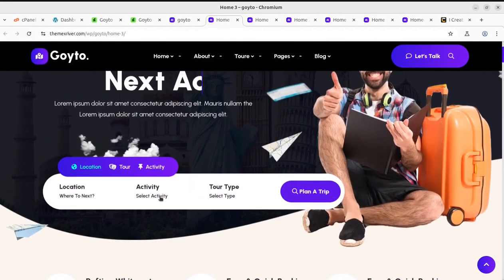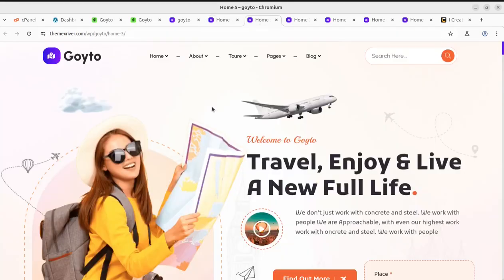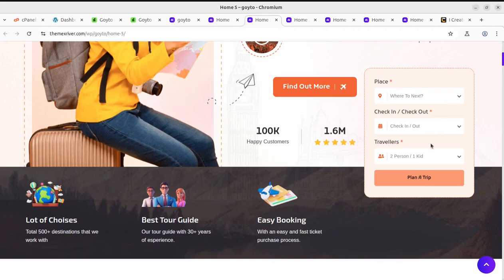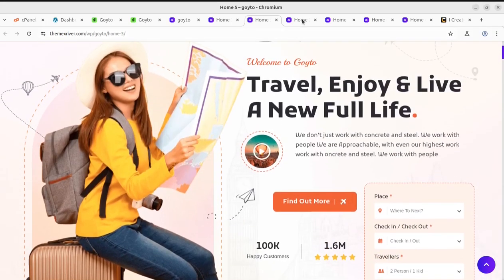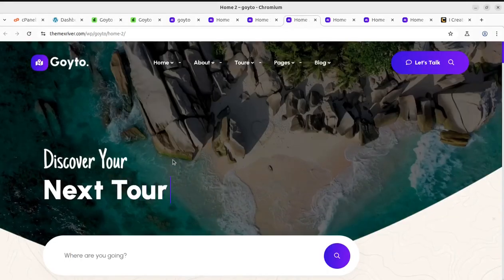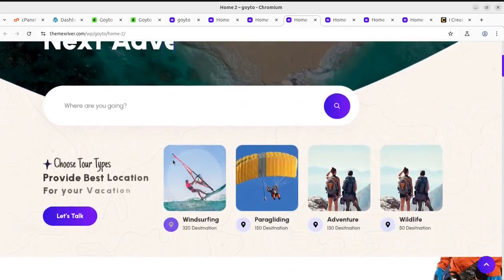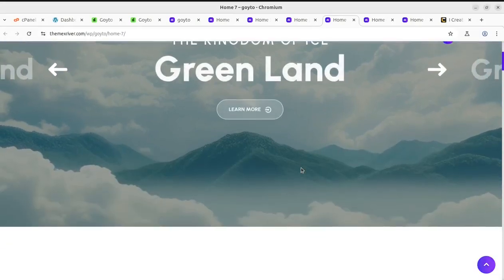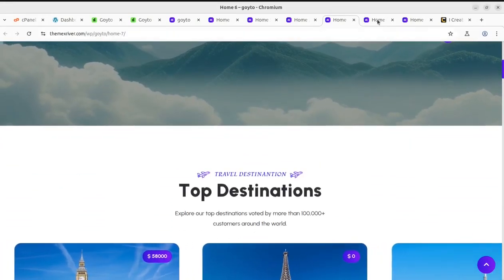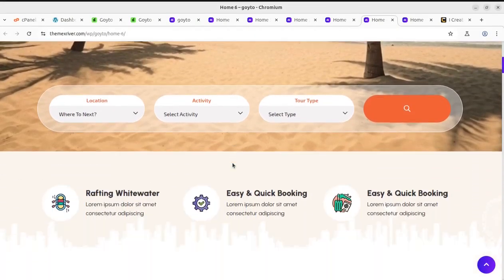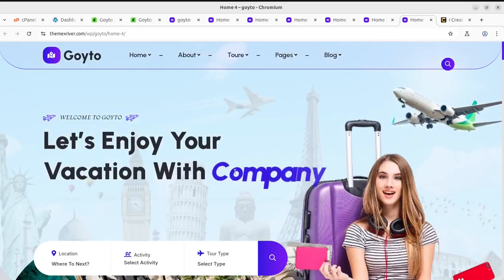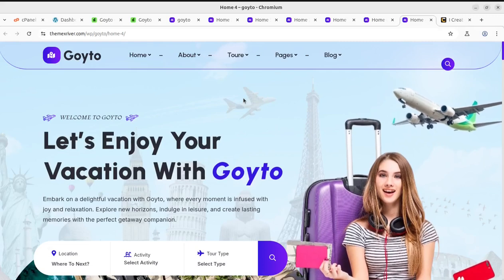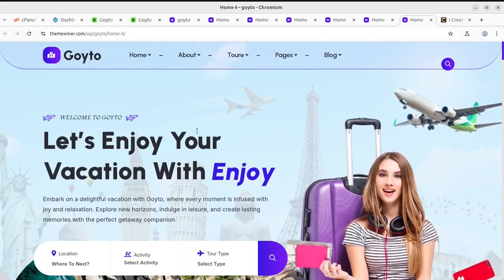So you can see the booking options directly on the home, and this is again a check-in checkout option with the tour booking options. This is for adventure tourism and destination tour. So we have multiple layouts with the theme that we are going to use in this video, and we